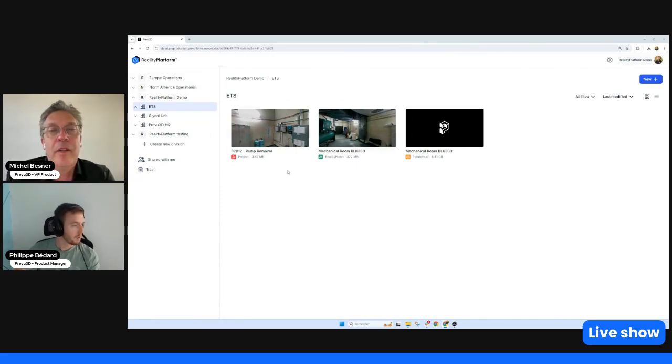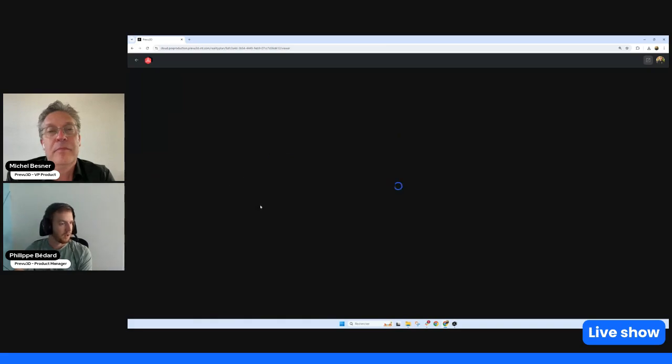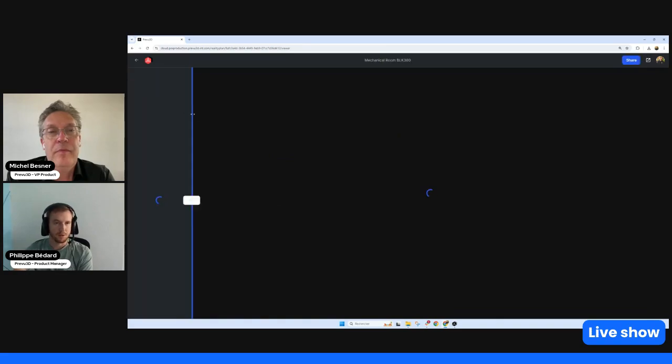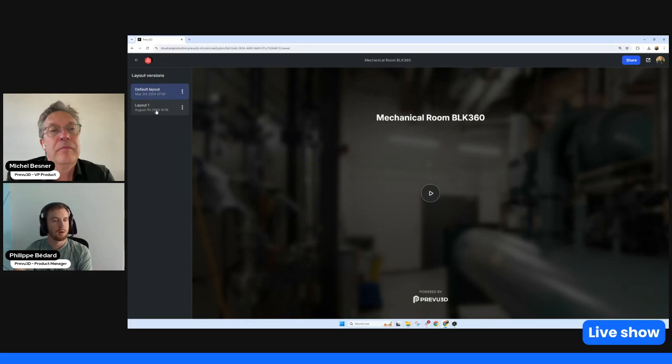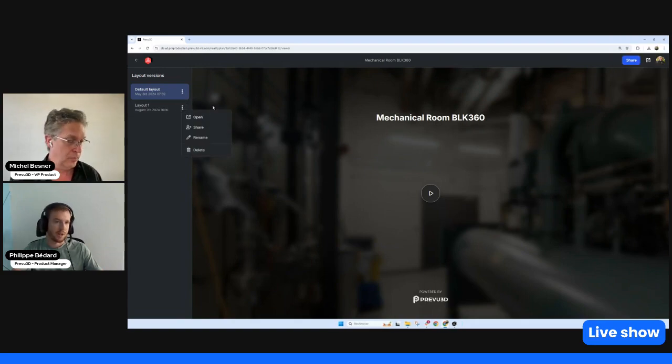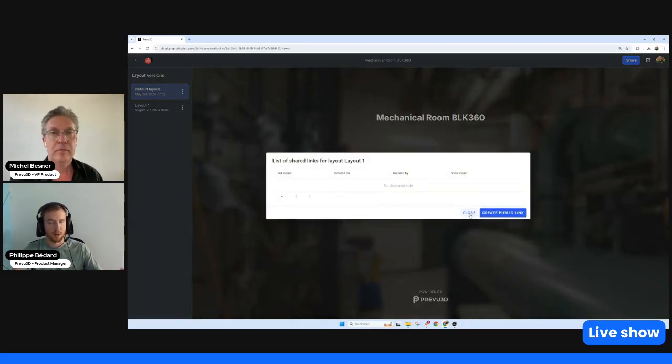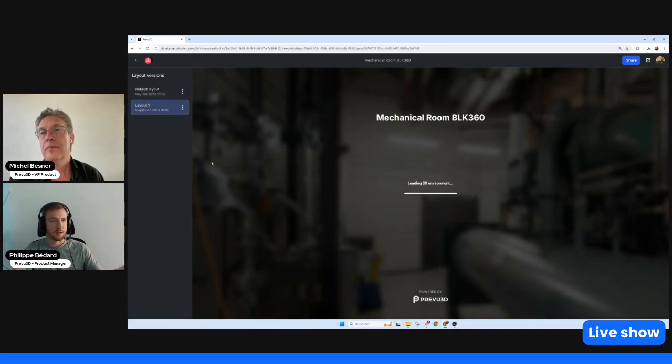Great. So yeah, you see my screen now. Yeah, absolutely. We have a small example over here that showcases the possibility to select assets on the web. So we'll just load the layout number 1. For the design projects that you create, you can always create multiple layouts, as we discussed earlier. You can publish them on the web and they become accessible. They are shareable as well, so you can easily create a share link for your colleagues, and you can access them quite quickly. So I will jump over here and show you that new panel that allows you to select